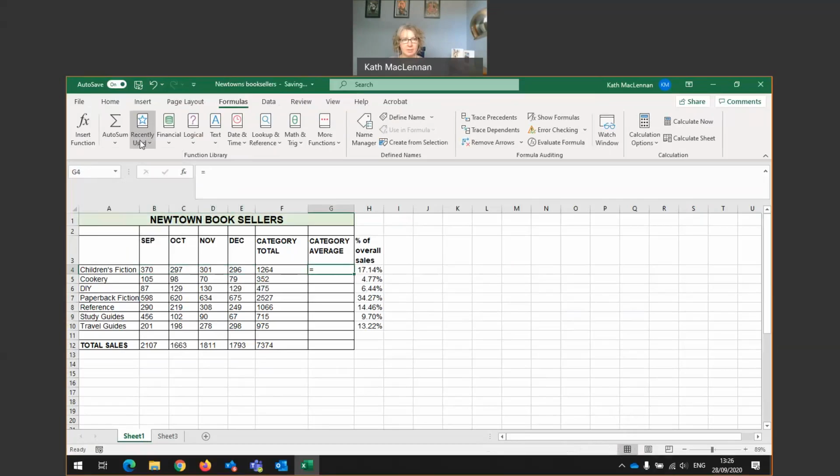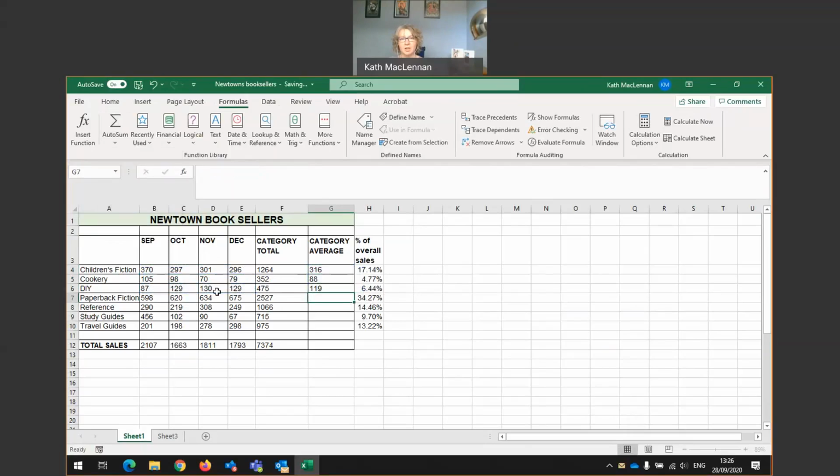Average. There we go. Not the total, but just September, October, November, December. There we go. And I can put that in. So to do that again, I just come to auto sum, I do average, and I use my left mouse button to highlight which ones I want to average. And once more in here, auto sum, average, and use my left mouse button to tell Excel which sales